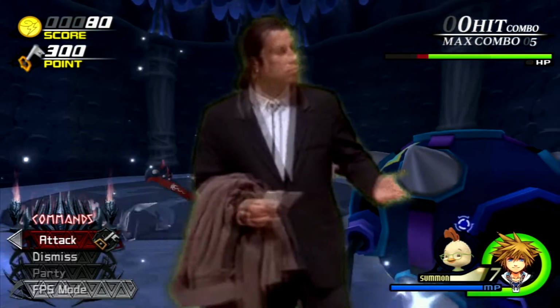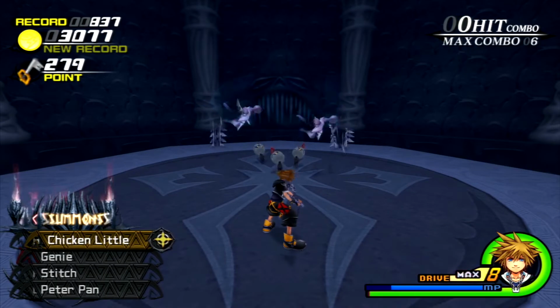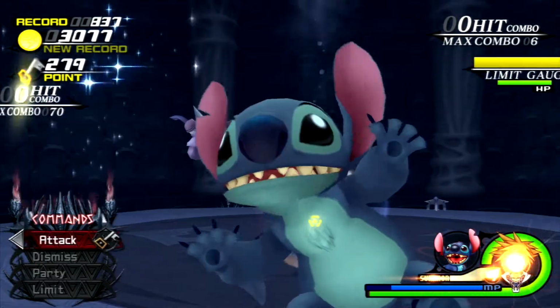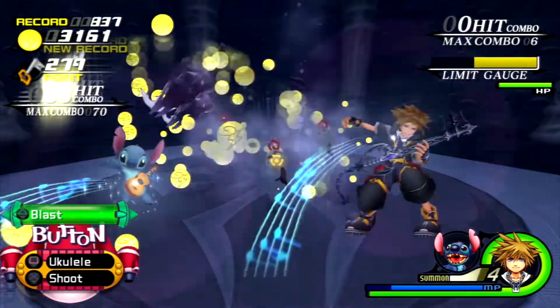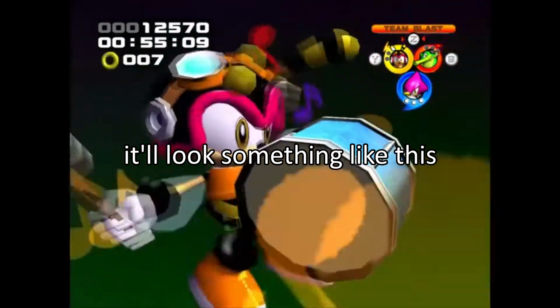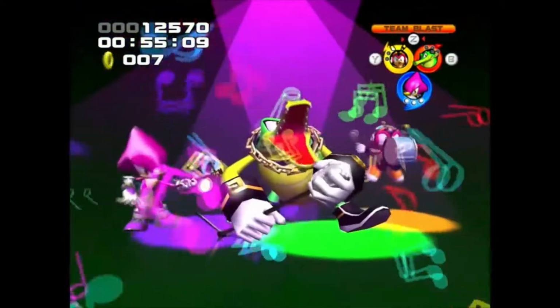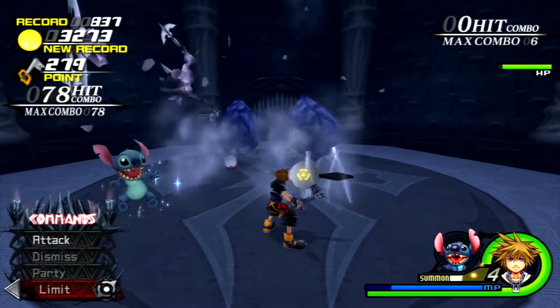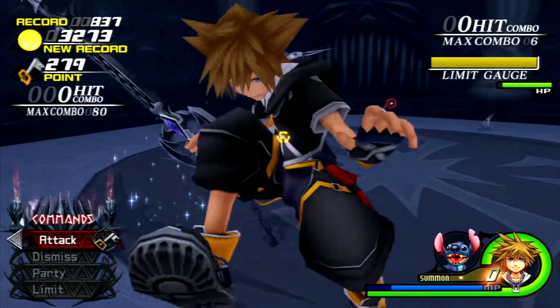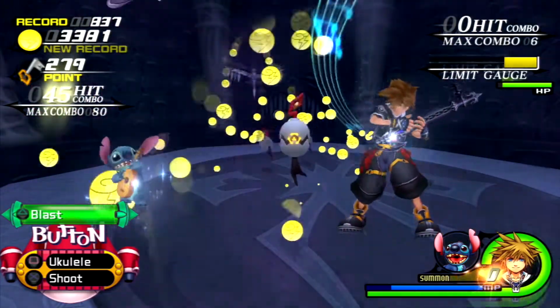There's no Titan here. So, Stitch spamming is how we get the necessary high score of 5,000 points, where basically you summon Stitch, you use his Ohana limit, and then spam his ukulele repeatedly on every fight. Alright, there's a bit more to it than that, but this will suffice for now, and I'll explain it in a bit more detail in the missions and minigames section. Speaking of which...